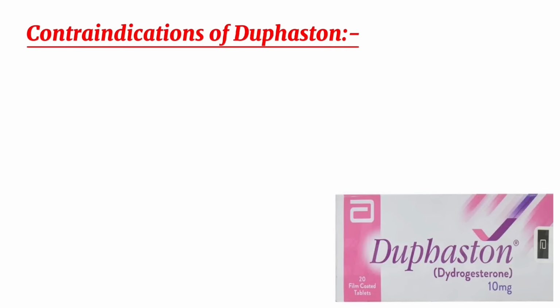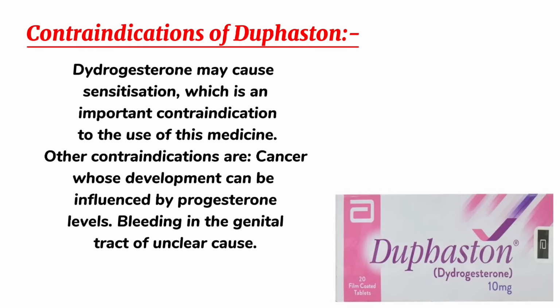Contraindications of Duphaston. Dydrogesterone may cause sensitization, which is an important contraindication to the use of this medicine. Other contraindications are cancer, whose development can be influenced by progesterone levels, bleeding in the genital tract of unclear cause,